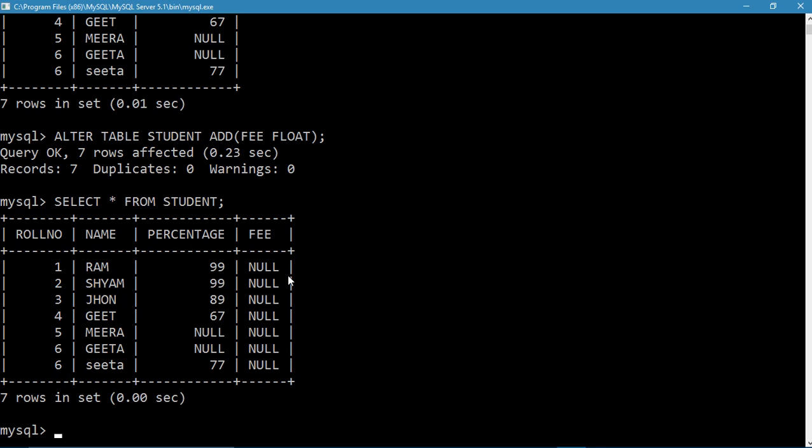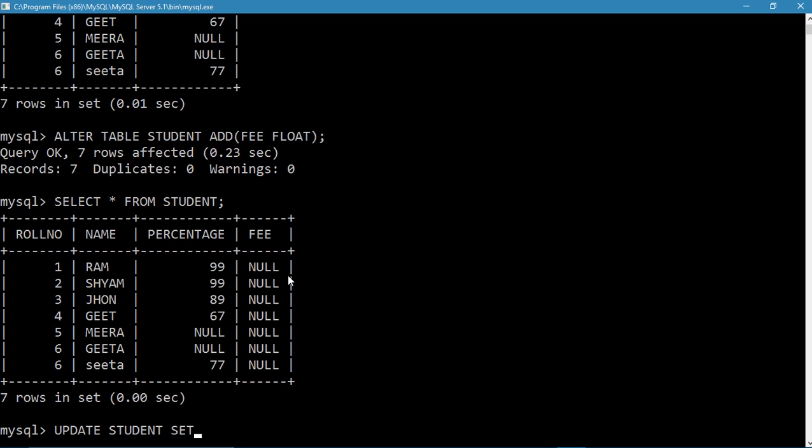Now what we will be doing, we'll be supplying values to it. See, the fee for every student of a class would be the same. So there is an easy method. Instead of entering a value in each and every row, we can use the update command again. Update student.